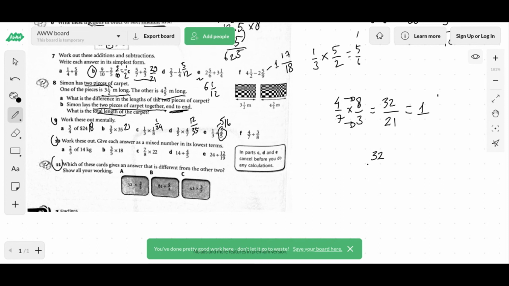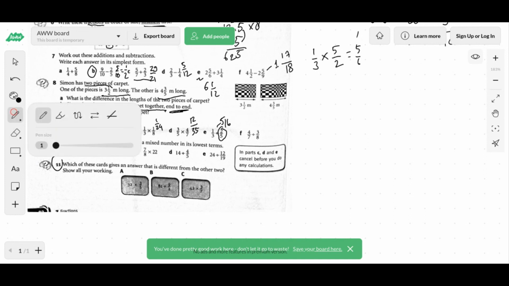So, what is the remainder when you divide 32 by 21? The remainder will be 11 over 21. Nice. So when you change it, it's like this. So far everyone, do you have any question regarding this topic? If you have any question, you can always ask in the Google Classroom, even though we finish our online classroom. So let's finish the last two questions.